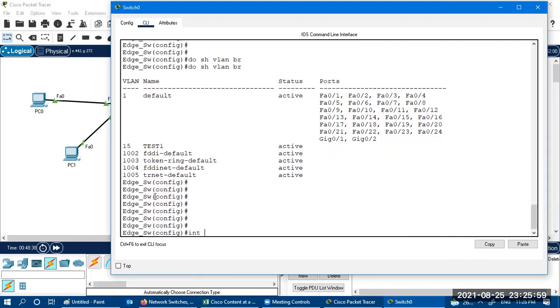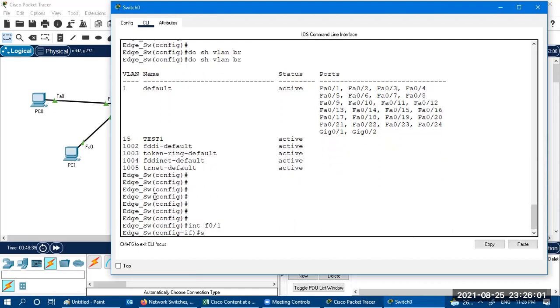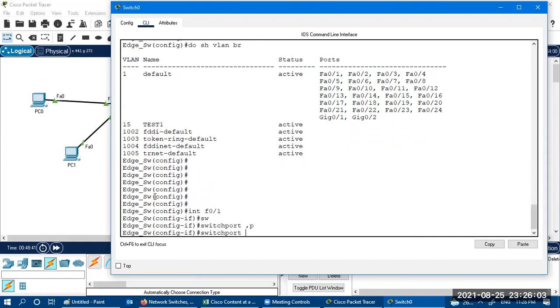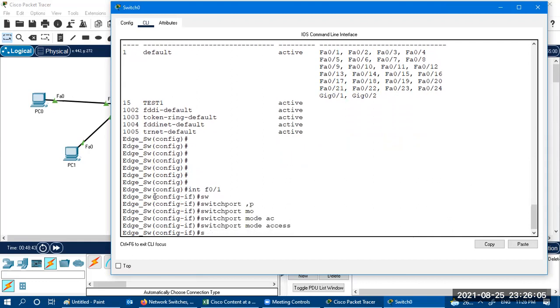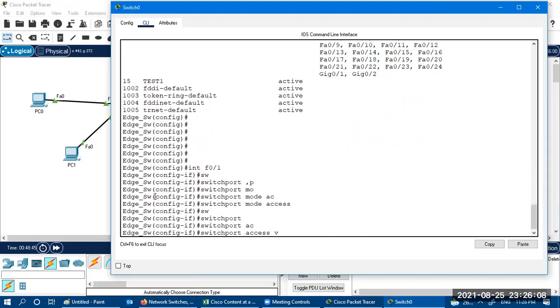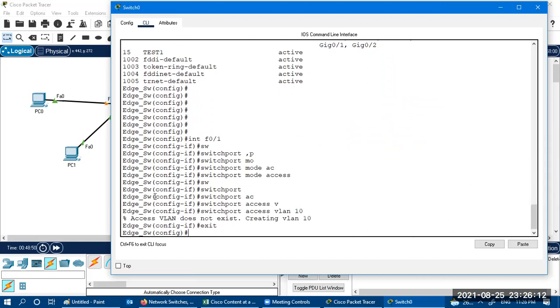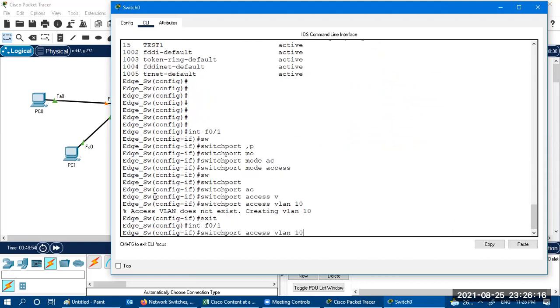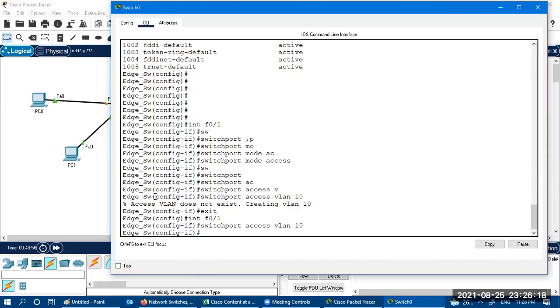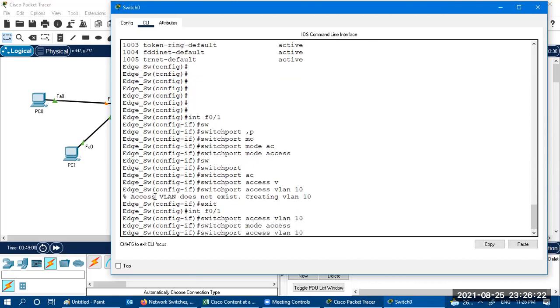So how do we define it? interface F0/1, switchport mode access, and switchport access VLAN 15.